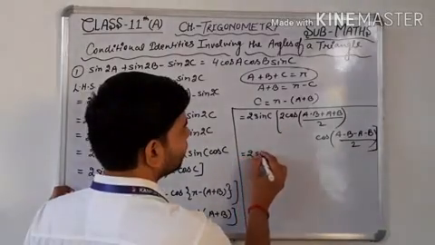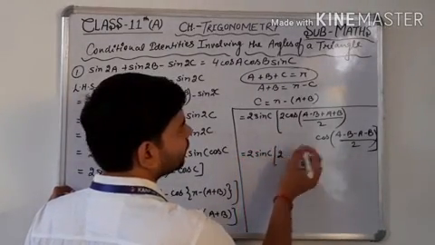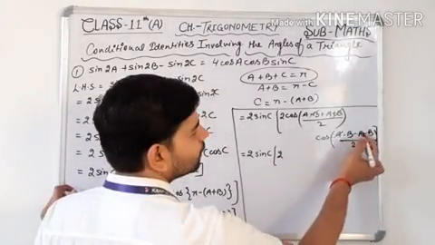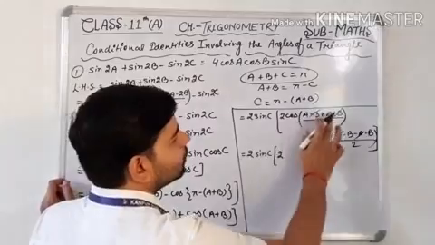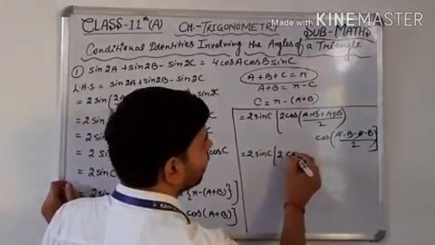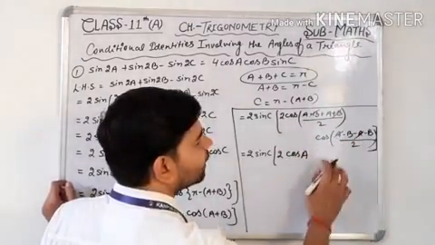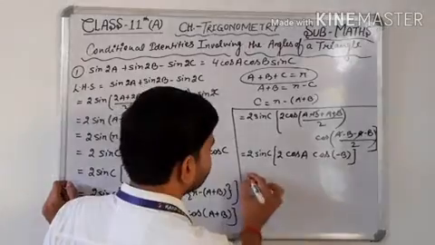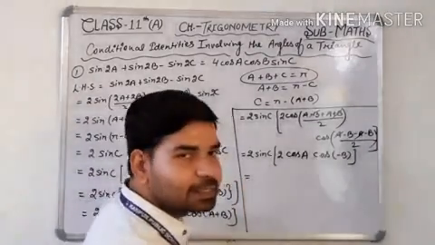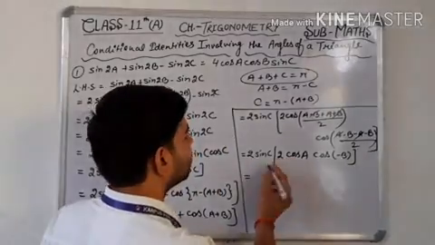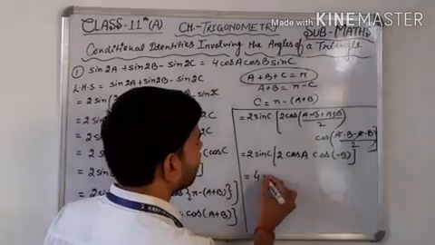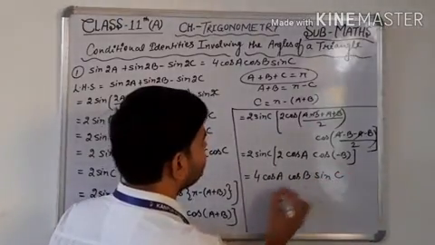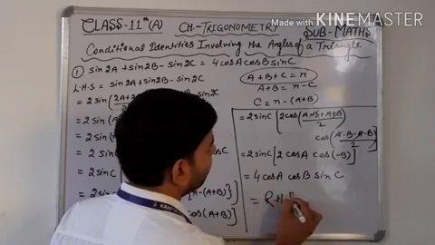Equal 2 times sin c, 2 times. This is minus, this is plus, cancel out; this is plus, this is minus, cancel out. Now cos 2a upon 2 means cos a, 2 times cos a, cos minus 2b upon 2, cos minus b. Cos minus x is equal to cos x. So this will become 2 2s are 4 cos a cos b sin c, which is the right hand side of your question.